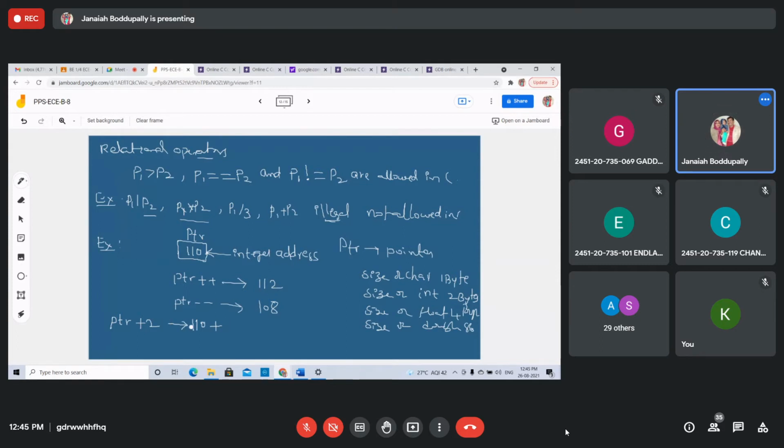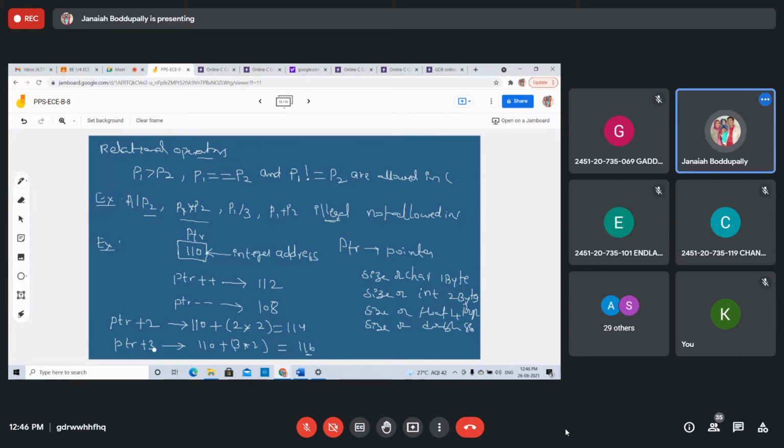Adding 2 into the integer data type, that is 114, because 2 into integer size of 2 bytes is 2 into 2. ptr plus 3 equals 110 plus 3 into 2 bytes for the integer. This is 116.